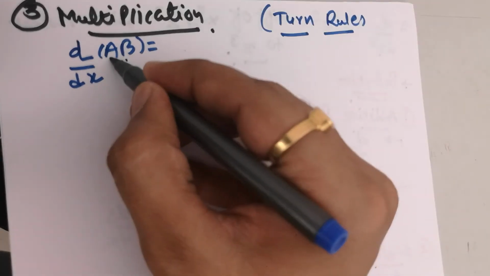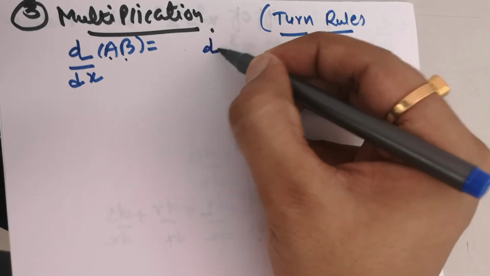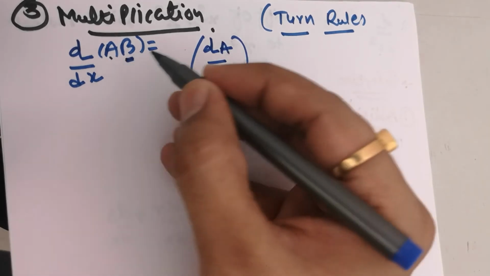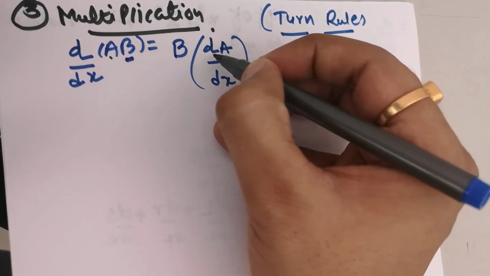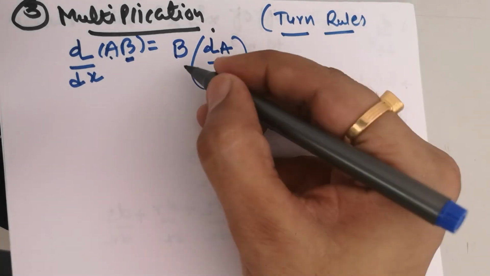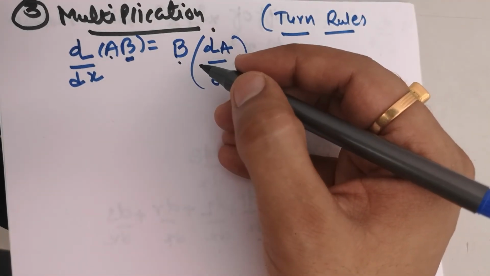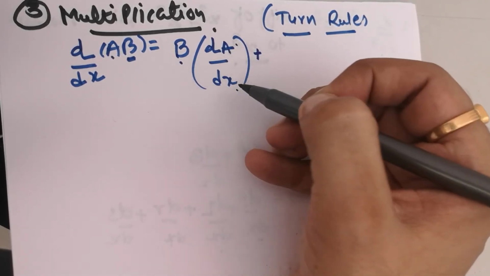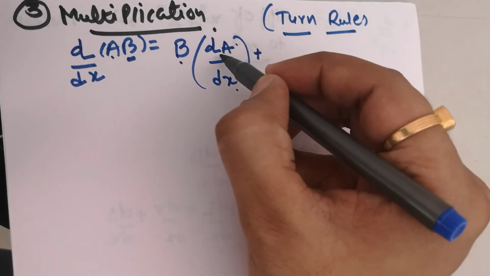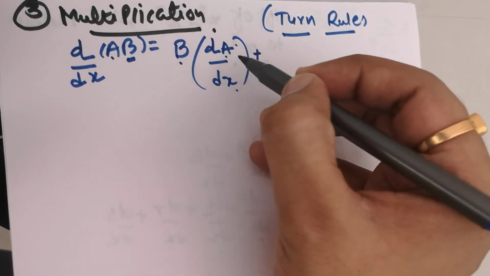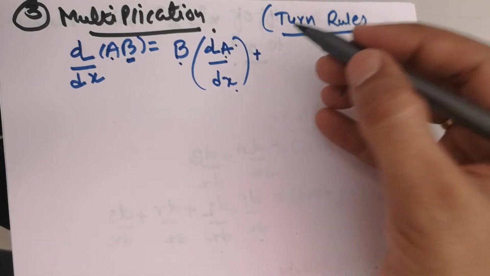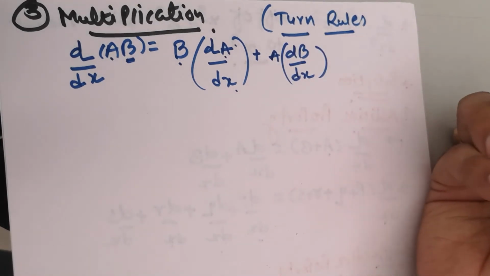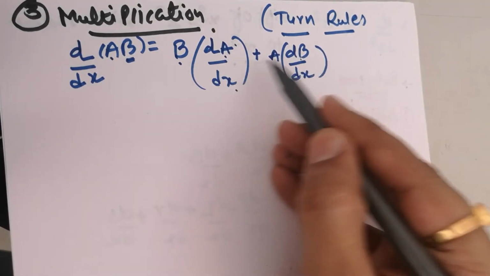First of all I am doing differentiation to a. So d of a divided by dx. At that time the remaining quantities which are in multiplication are placed outside, before the differentiation. So here b is a normal constant, and dA by dx is the differentiation. It means we have given the turn for differentiation to a. Now a's turn is over, now it is b's turn, so a is outside and it is dB by dx. So with this turn rule, turn by turn we have given differentiation to each term,